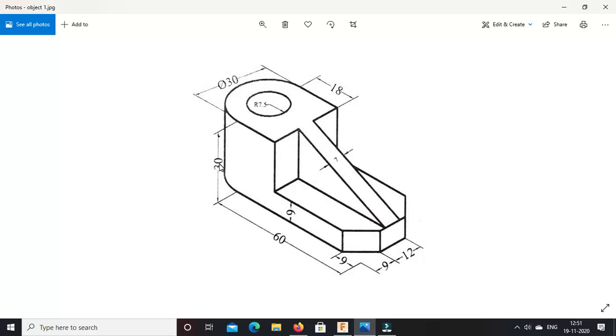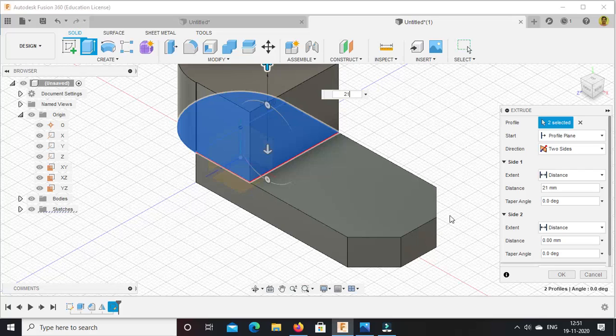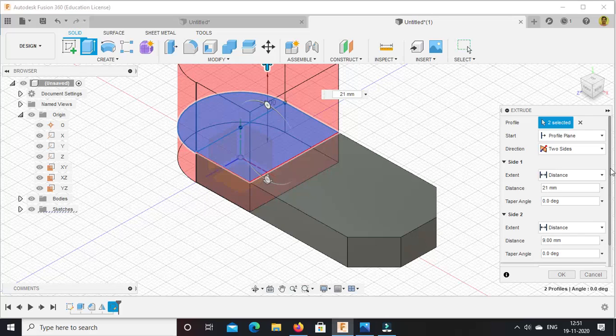So total 30 minus 9, so 21, and 9 on the below side. So on the upper side there is a 21 thickness, and on the below side there is a 9 thickness. So here enter as 21, and on this side enter the value as 9,